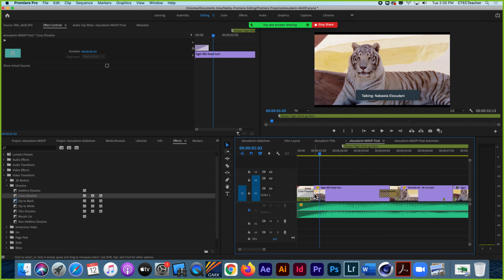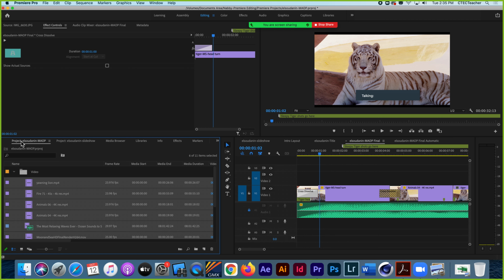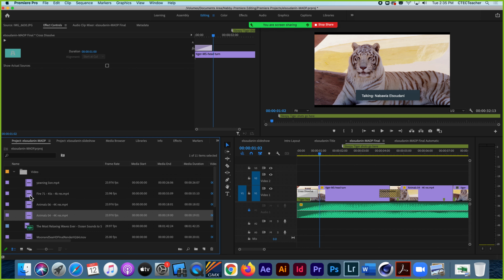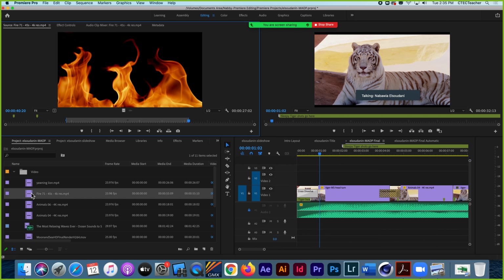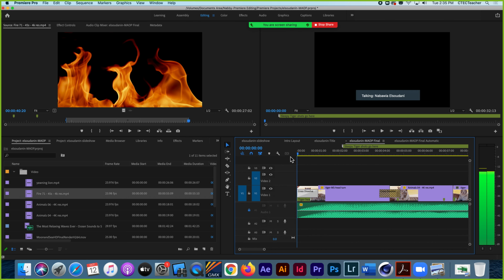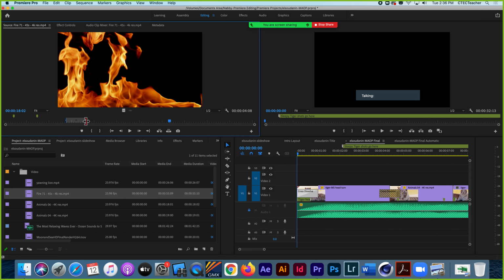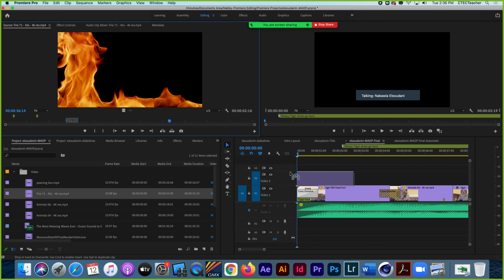And what it's saying is another use of a single-sided transition is if you put a clip on the video 2 track. If I go and I find, let's see, the flames. You don't need the rubber bands if you use the transition. Do you like the transition better than the keyframing? Yeah. So if you prefer that, go for it. Whoops, I'm going to make this a much shorter duration. Okay, so if I take the flames and I put them here,